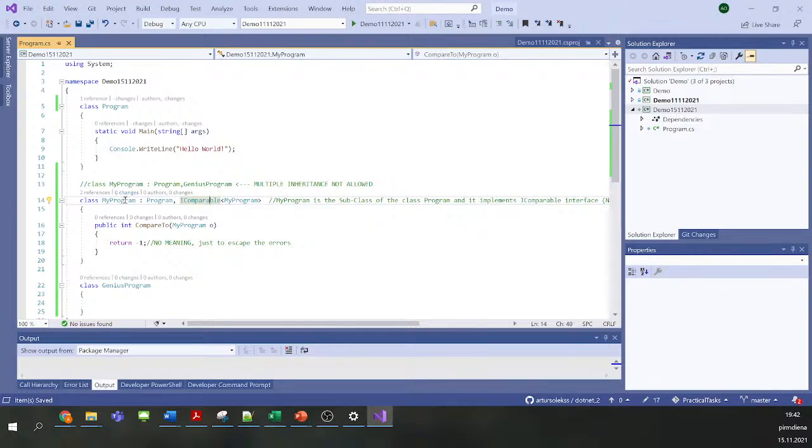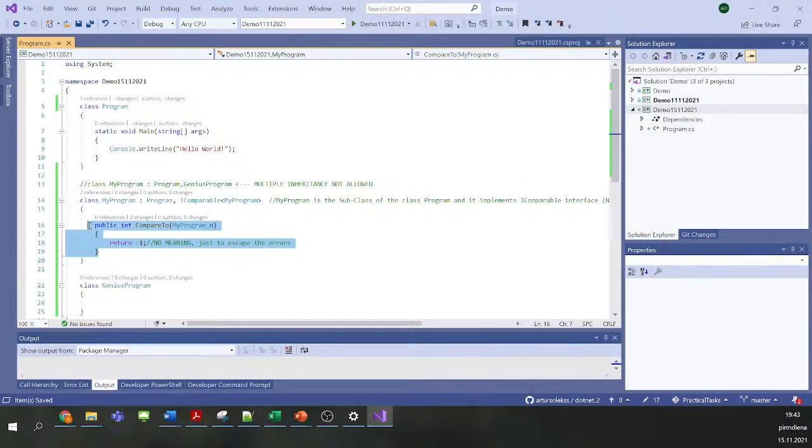So if we have the class person, it implements interface comparable. Then it means that I can compare two persons. So what does it mean? I can compare the objects. It means that I can say which of two objects is smaller, which is bigger, and if the objects are equal, if they have equal weight. This is why I say it is comparable, and this is why we must implement.